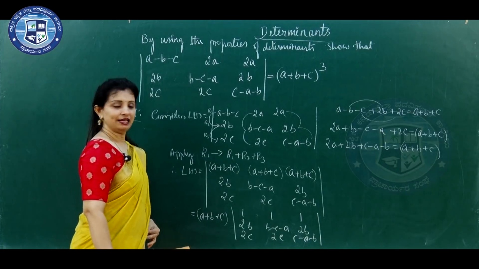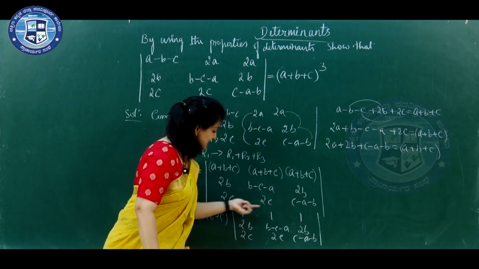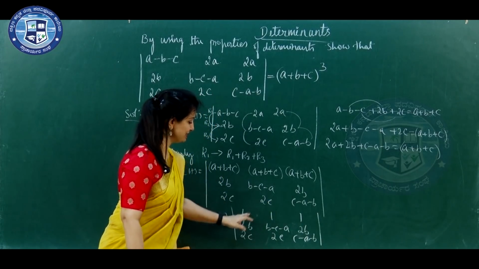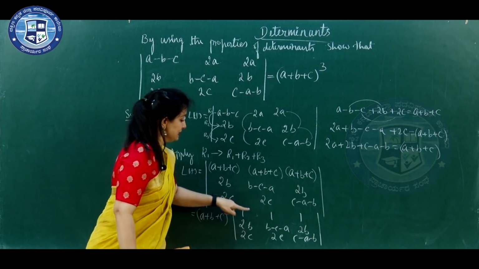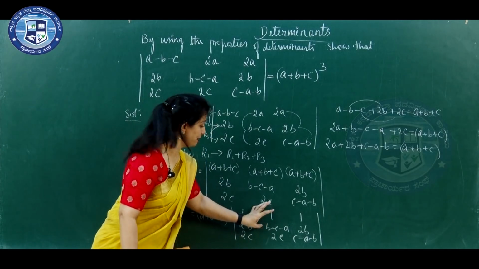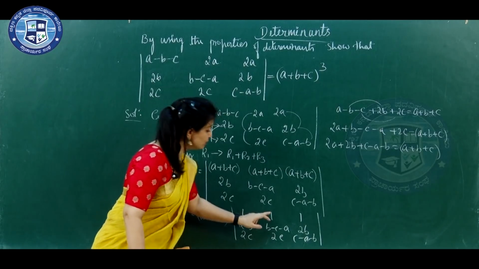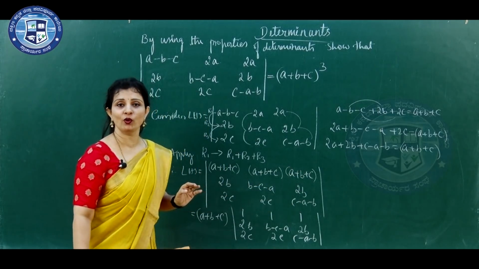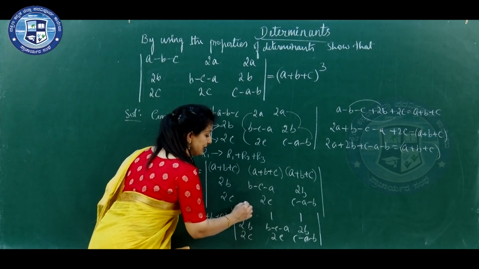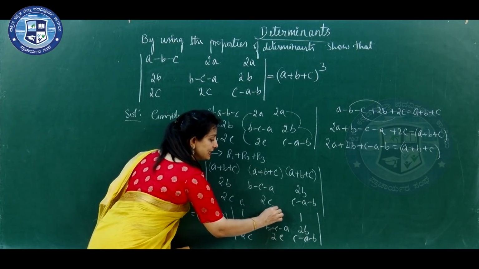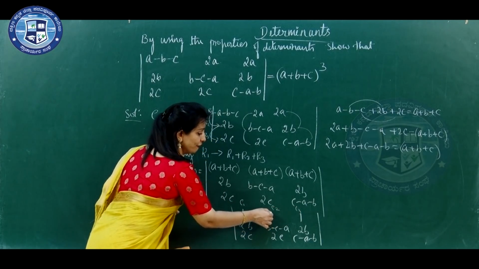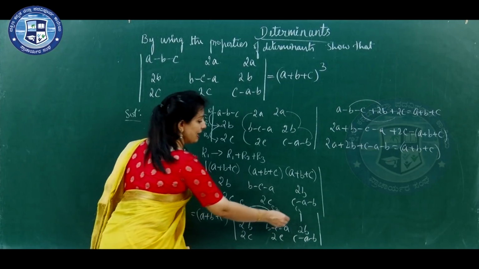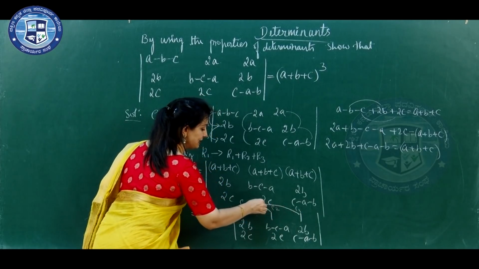Look at this. Now, the second tip: if each element of any row is 1, look at this, first row elements 1, 1, 1, then subtract the columns to get maximum 2 zeros. Change these 1s to zeros. 3 ones are there, 2 ones we will change to 0. This is possible when you subtract the columns. This is first column, second column, third column. We do one thing, we subtract C2 and C1, C2 minus C1, and then C3 also, C3 minus C1.